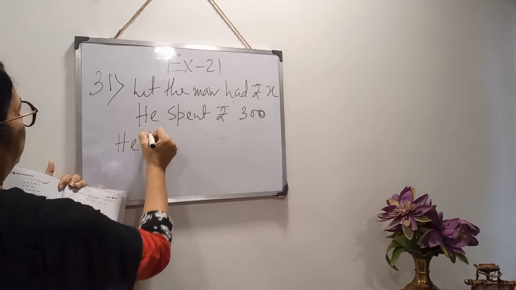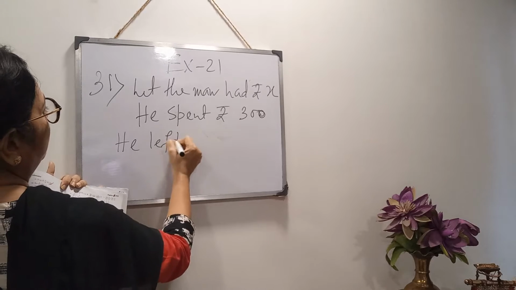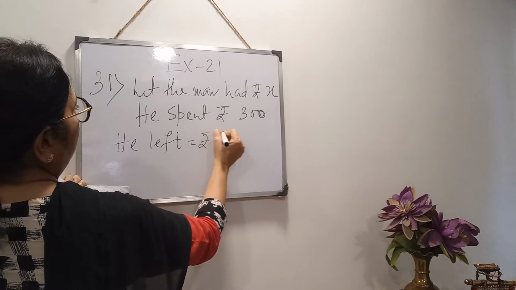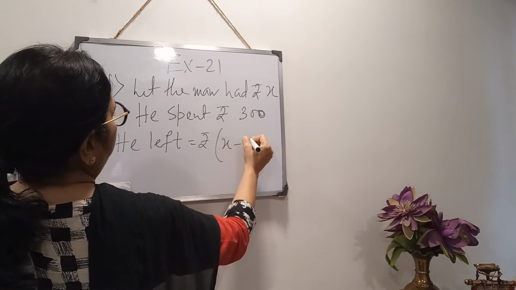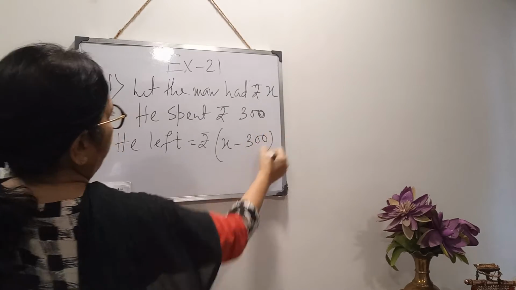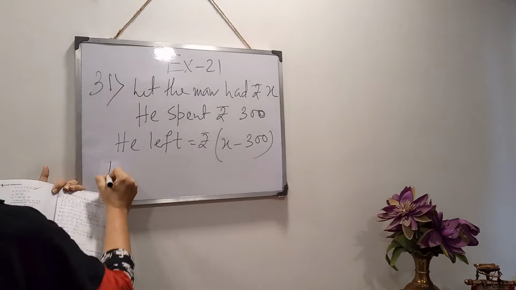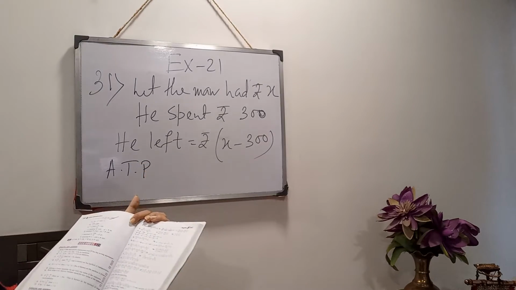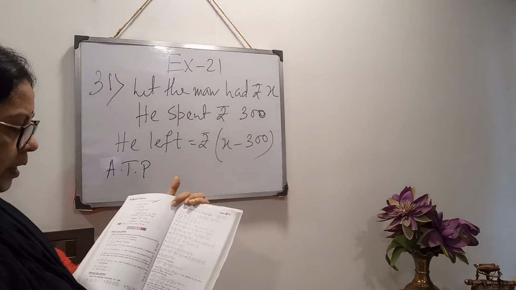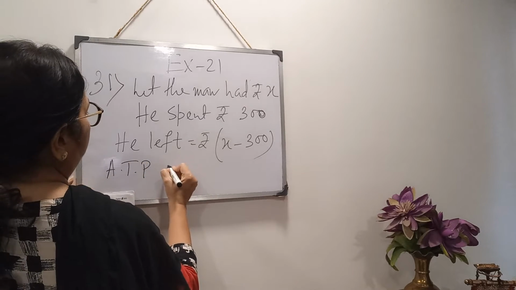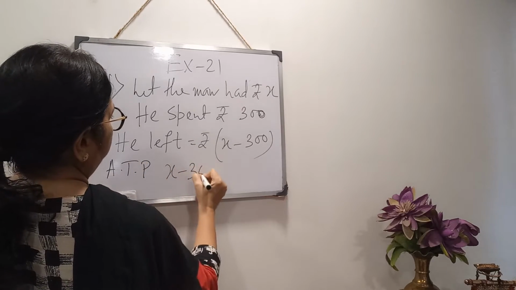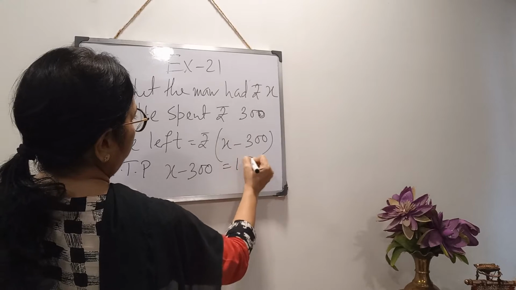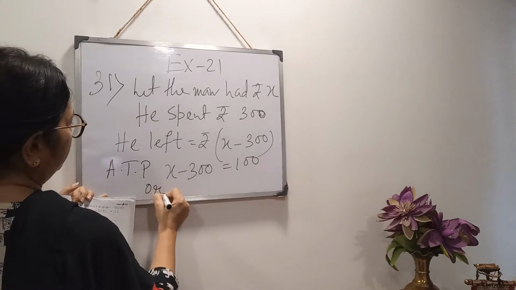He left initial amount minus how much he has spent. Clear? According to the problem, this equals to given rupees 100, that he was left with 100. So according to the problem, x minus 300 equals to 100, or x equals to